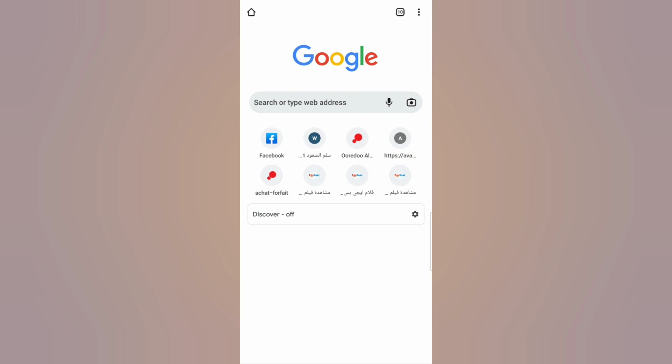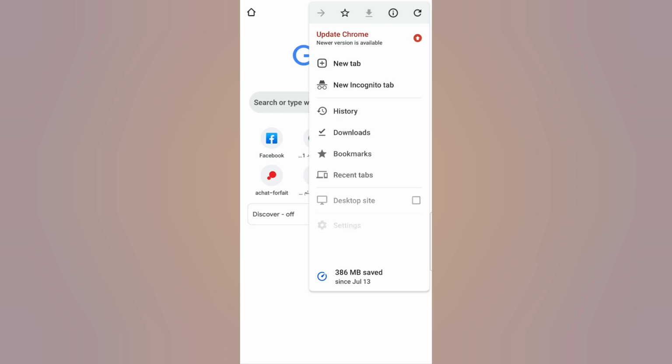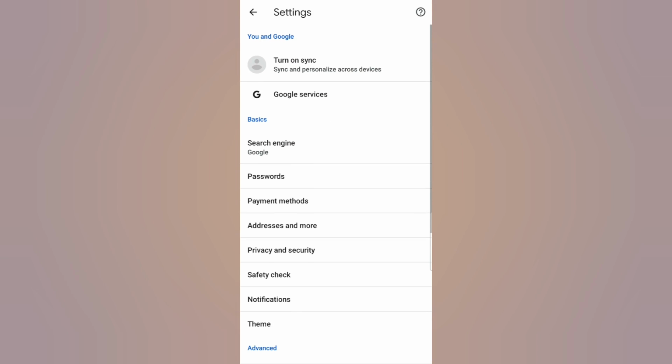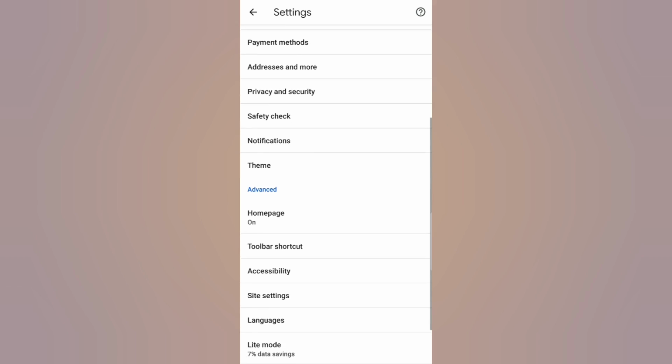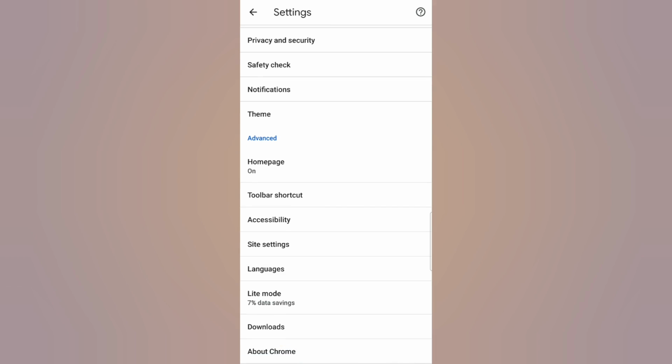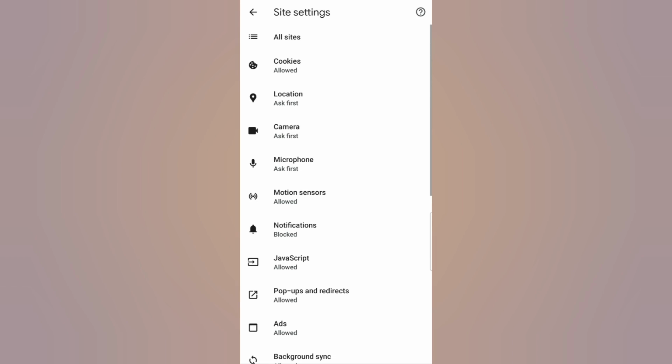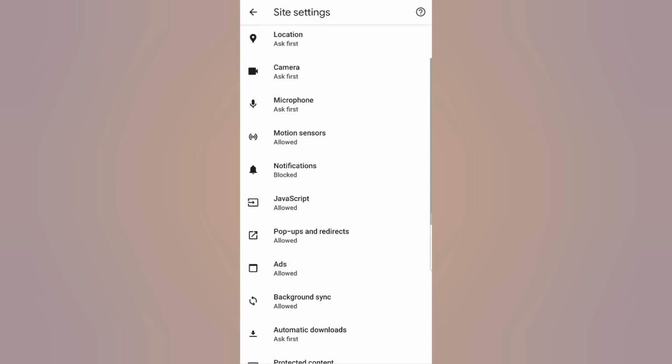So go ahead and open up Google Chrome and then click on the three dots at the top right of the screen. Then click on Settings. And here you need to scroll down to the Advanced section, and from there click on Site Settings. Here you need to scroll down to Ads,